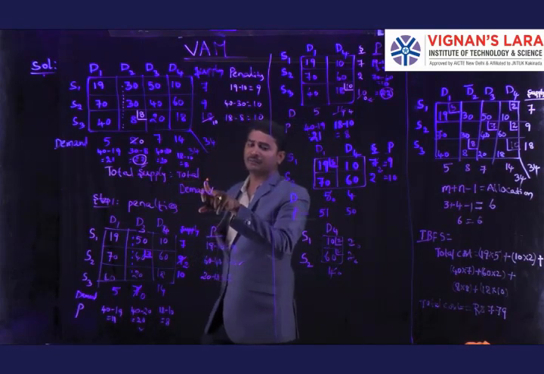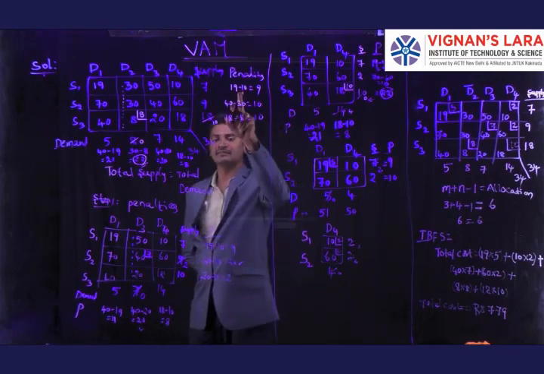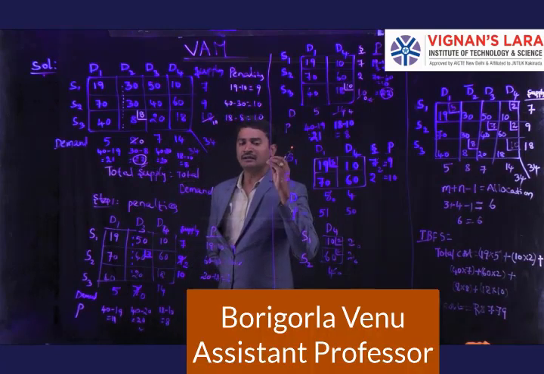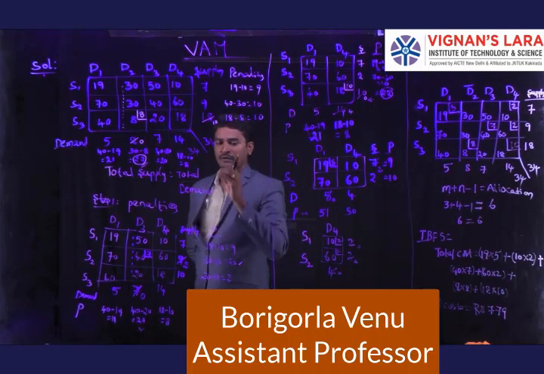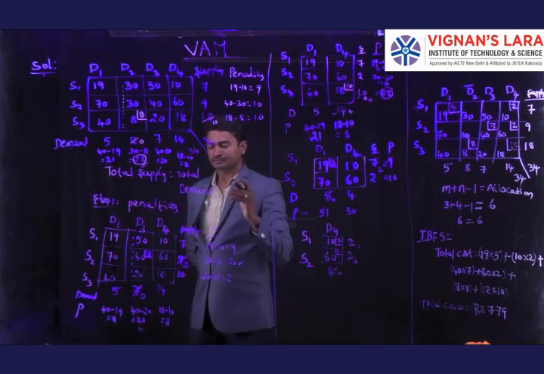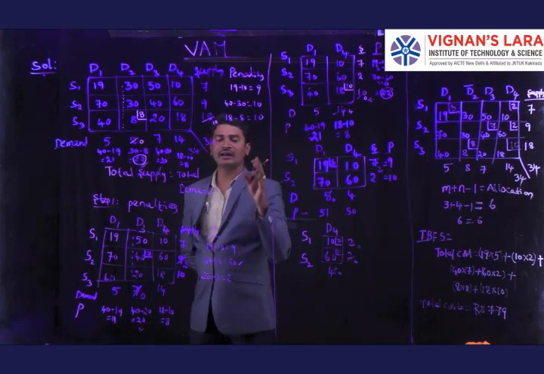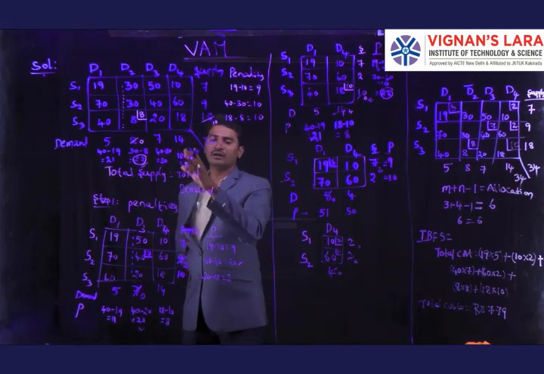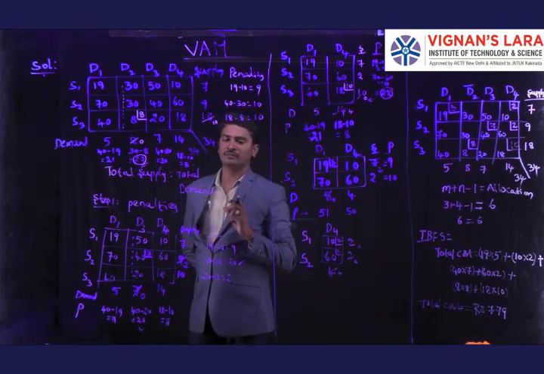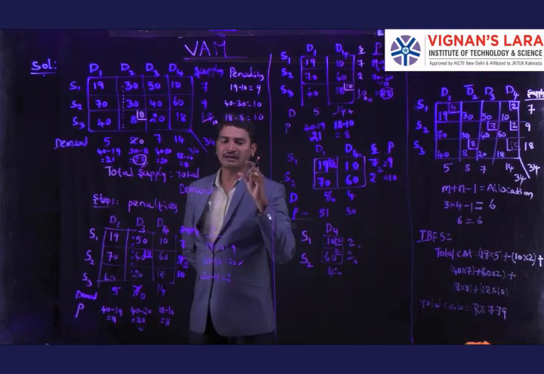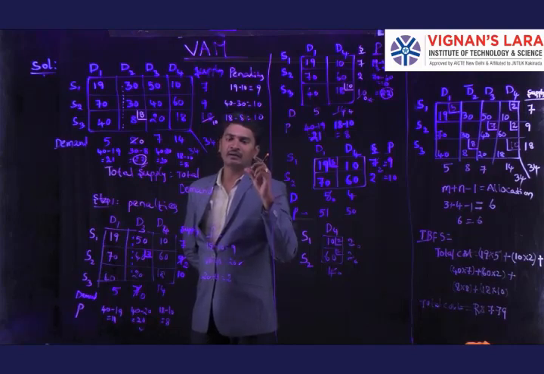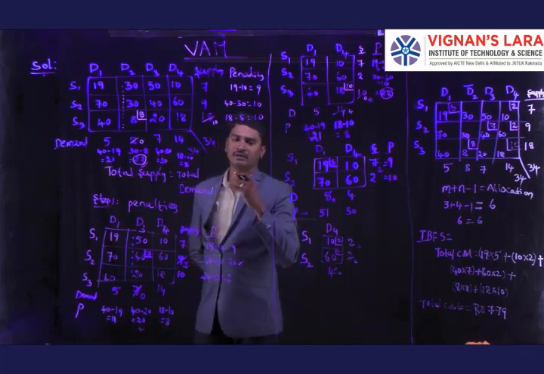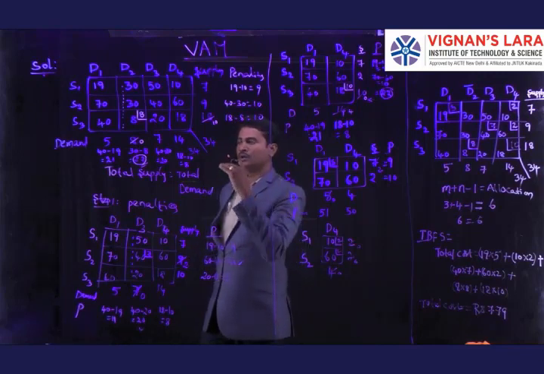After checking the rim condition, we are going to calculate the penalties for the rows and columns. How do we calculate the penalties? By taking the least costs from the table. After calculating the penalties, we identify the highest penalty in that row and column. We identify the least unit cost value, and we take that least unit cost as an allocation. There we make the allocation, and after that we adjust the demand and supply. Based on the demand and supply, we transport the commodity to that particular allocation.